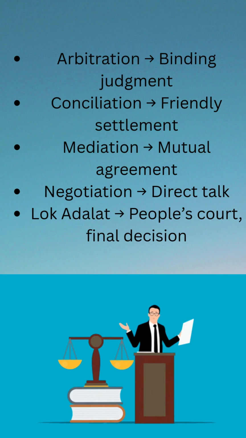pass a binding order. A mediator is also a neutral third party that helps both the parties reach an amicable settlement. He cannot pass a binding decision or any kind of order upon the parties. He creates an environment that helps both the parties reach a mutually agreed settlement. At the end of the mediation, both the parties tell their final decision to the mediator, and that's how the mediation proceeding is conducted. Negotiation means two parties trying to resolve their disputes on their own.